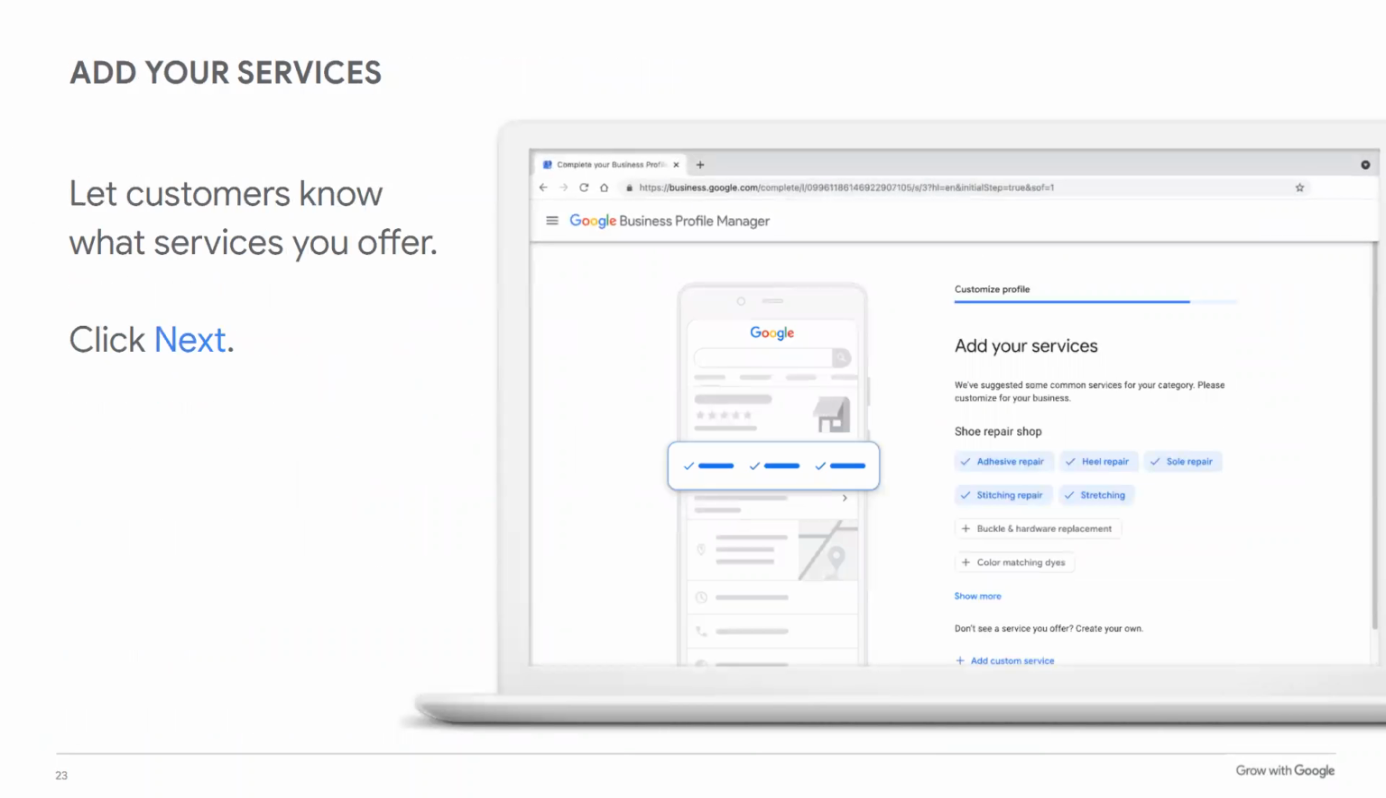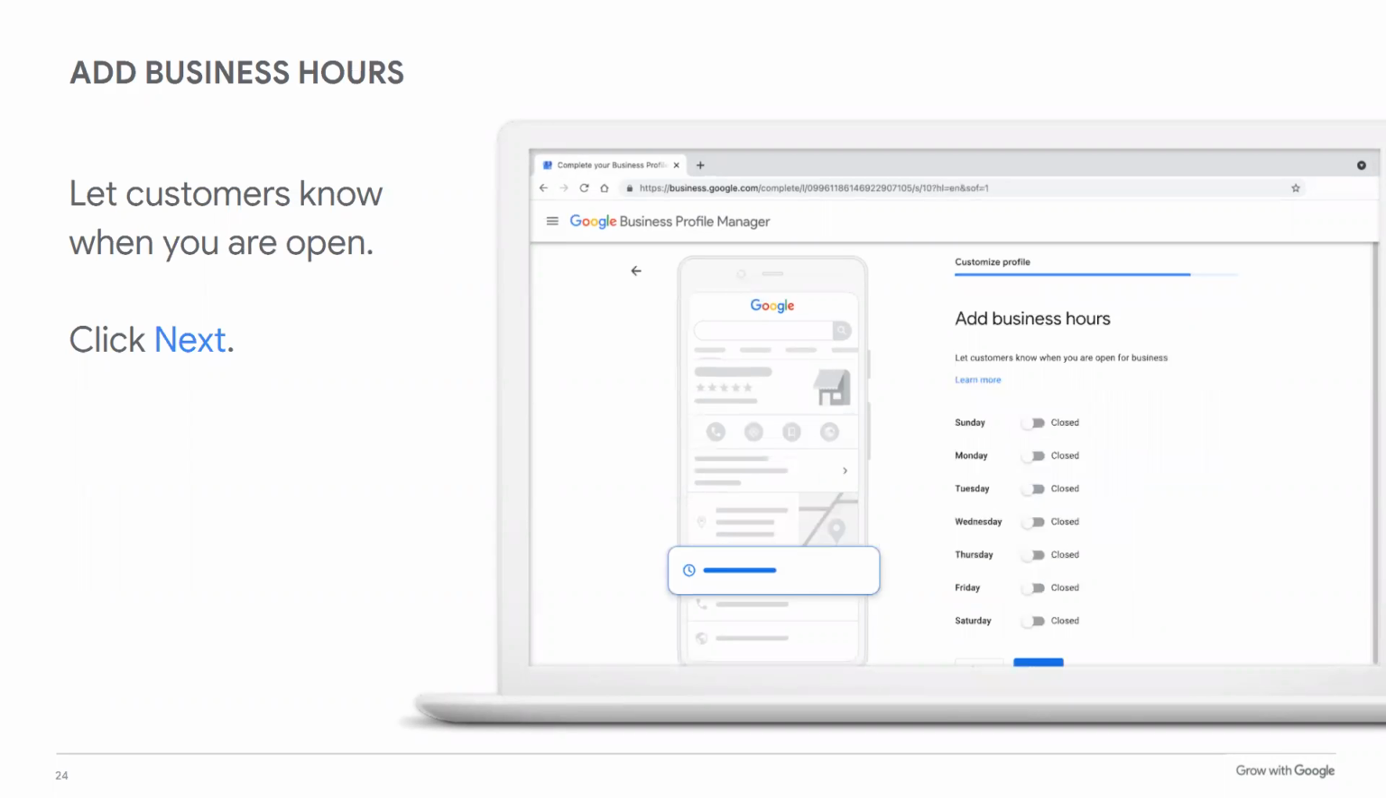Okay, so you want to add your services. Try to be as descriptive as possible, especially if you're a shoe repair shop. You know, the stretching, the stitching repair, they do heel repair, sole repair. You want to make sure that all of that information about your business is as detailed as possible. And you also want to list your business hours. You want to let people know when you're open, and make sure that this information is up to date as much as possible,